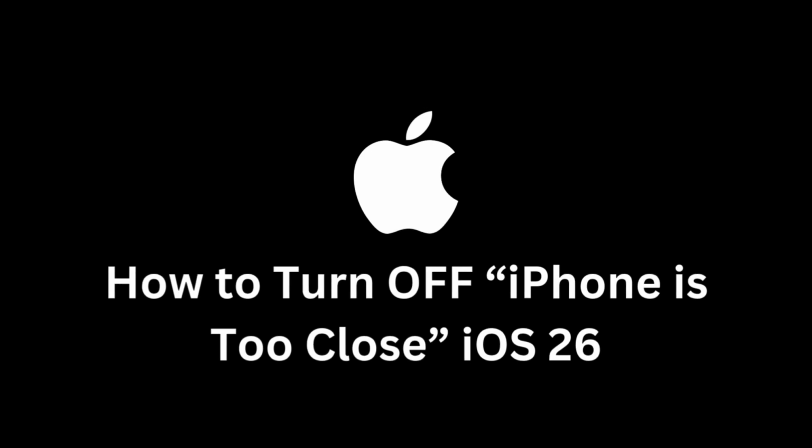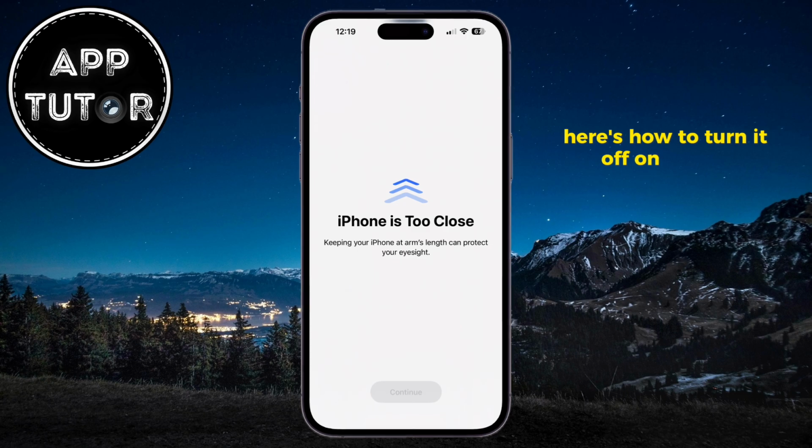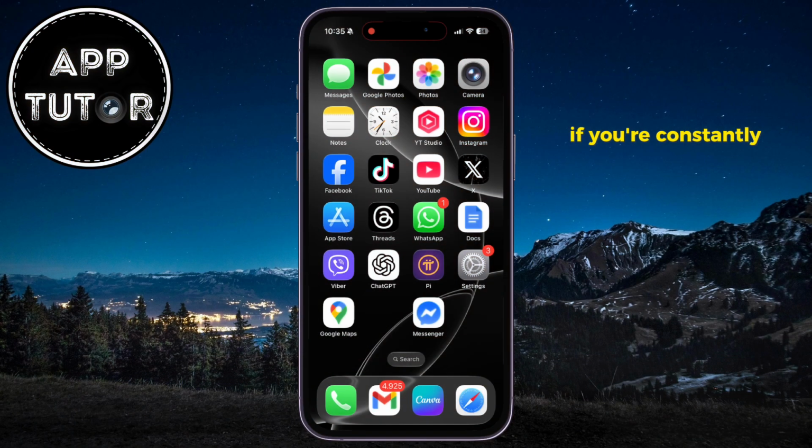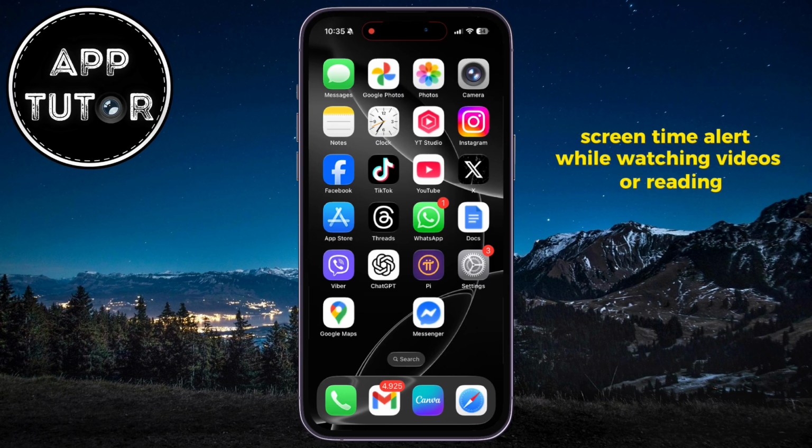Are you annoyed by the iPhone is too close alert? Here's how to turn it off on iOS 26 permanently. If you're constantly getting that iPhone is too close screen time alert while watching videos or reading, then all you